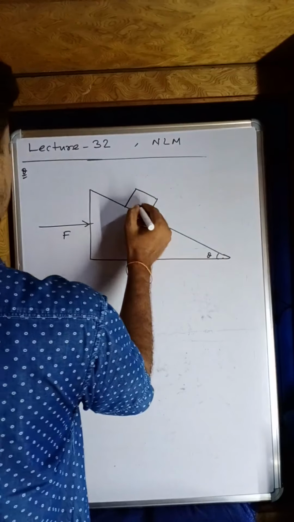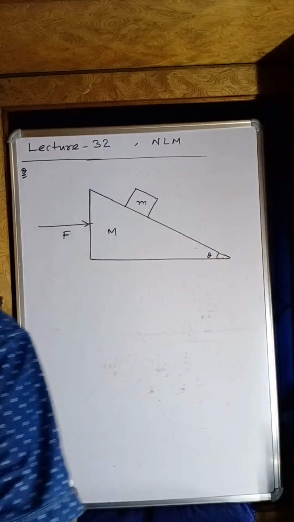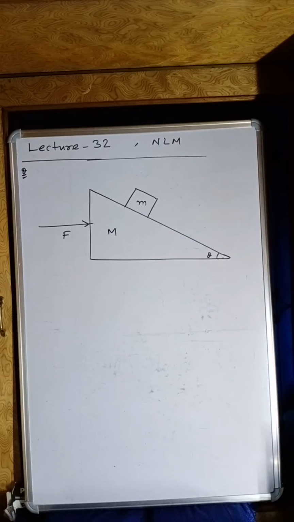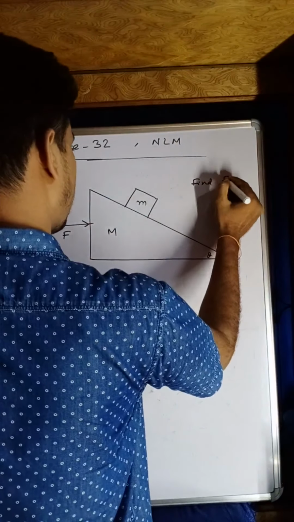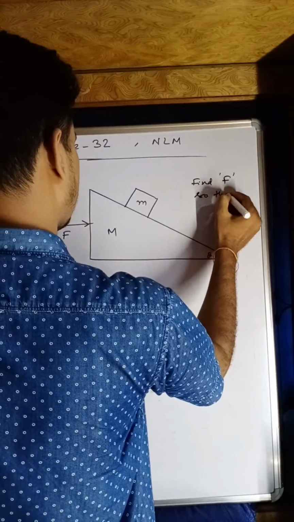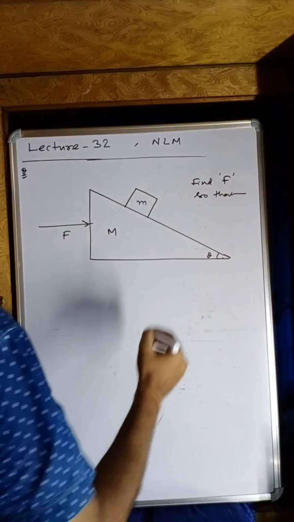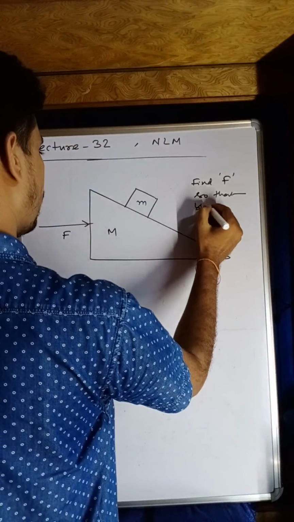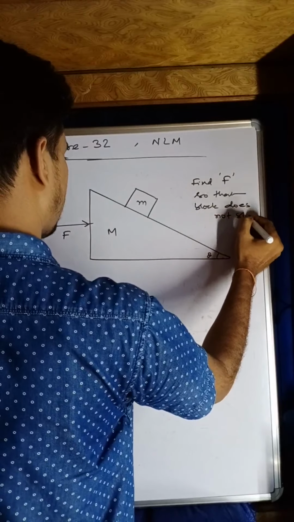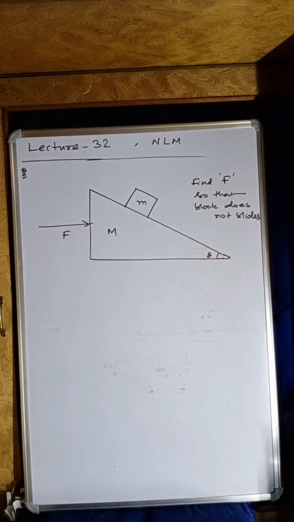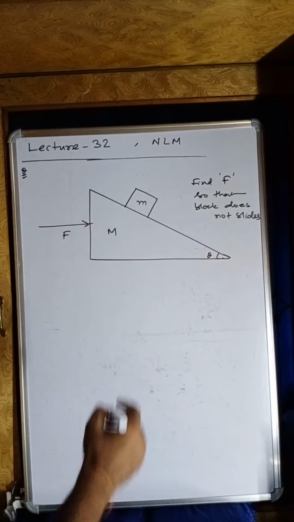Suppose the mass of the block is m, and the mass of the base is capital M. What we have to find? We have to find the force F so that the block does not slide. Okay, my dear students, if this block is not sliding, remember, if it is in a static state, then F must be written as